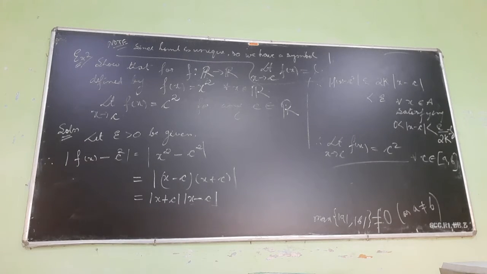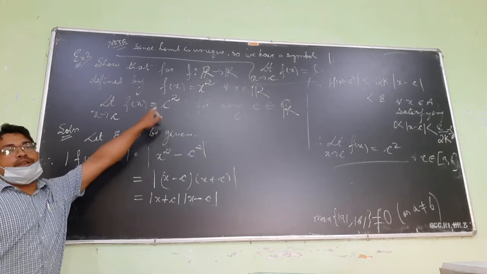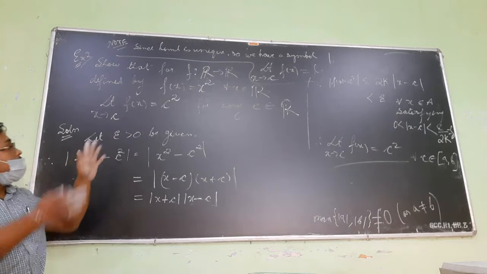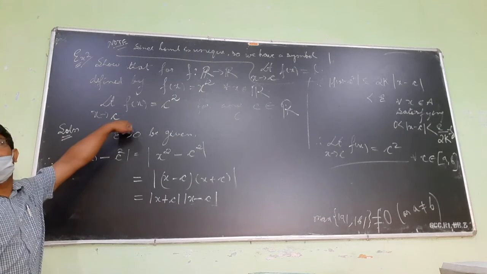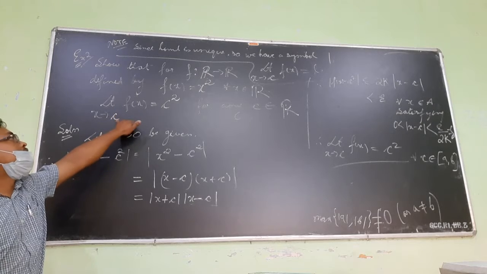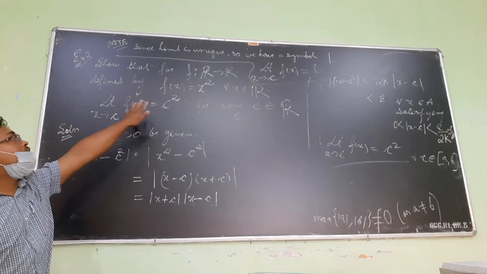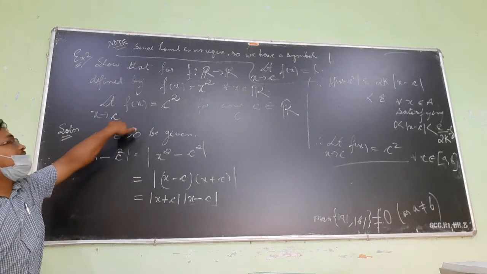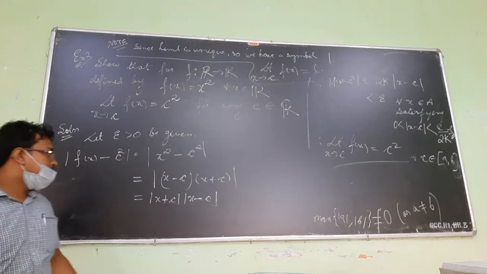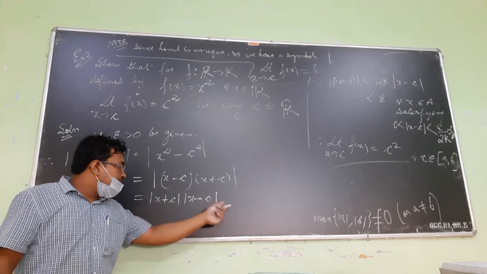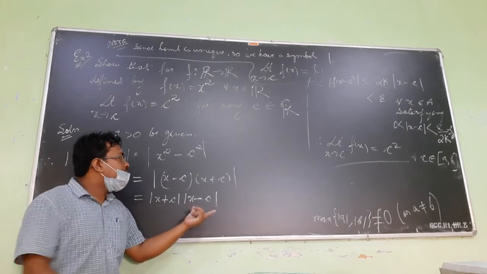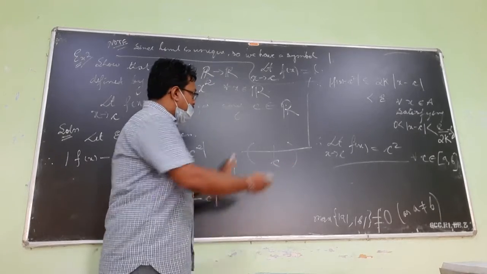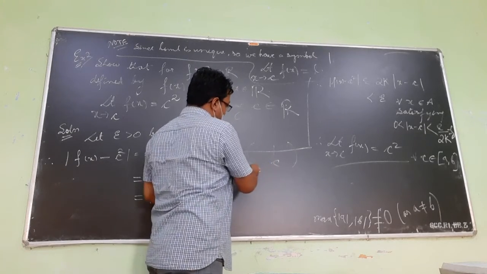Okay, I have to show that the limit of this is c square. One thing you know: when we talk of limits, we are actually very close to the point c. So we don't have to think about the entire real numbers. We are sufficiently close to the point c, so we will think that suppose I take mod of x minus c less than 1. We are finding out the limit at the point c.